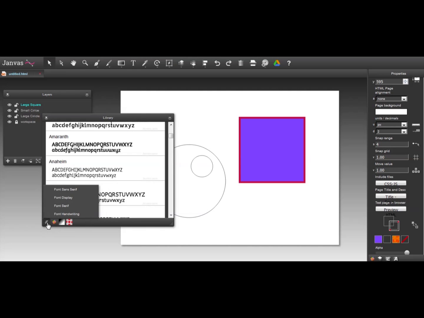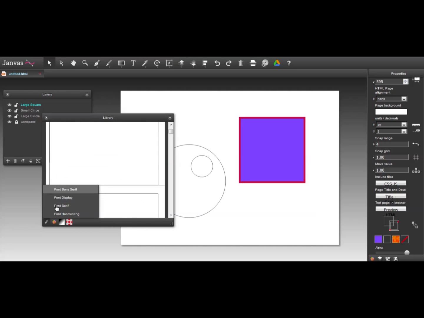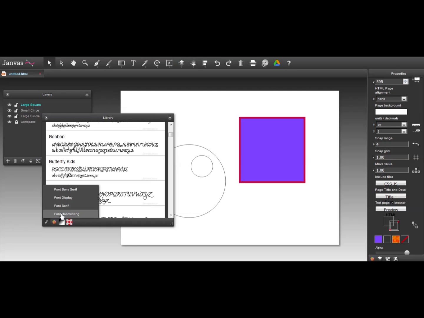But so that was under font. There were all these different ones. There's one for handwriting. So it shows you the fonts they have. I know there's a text icon up here. Then